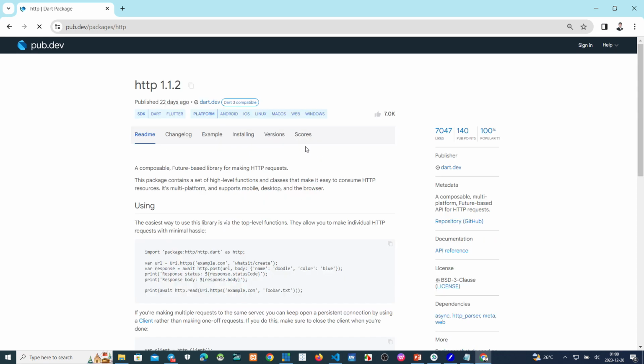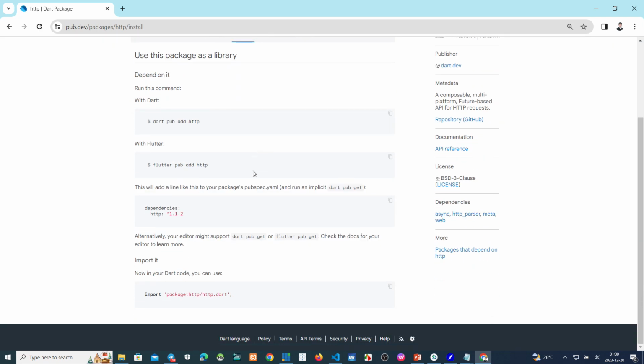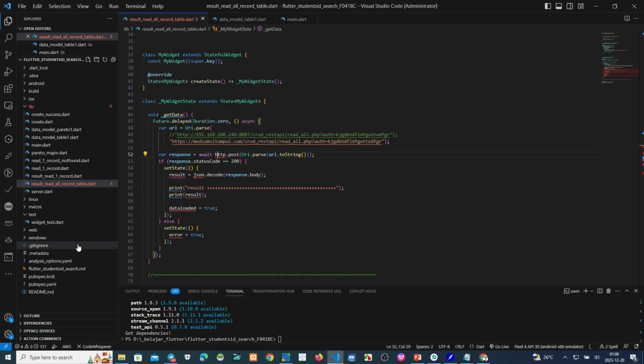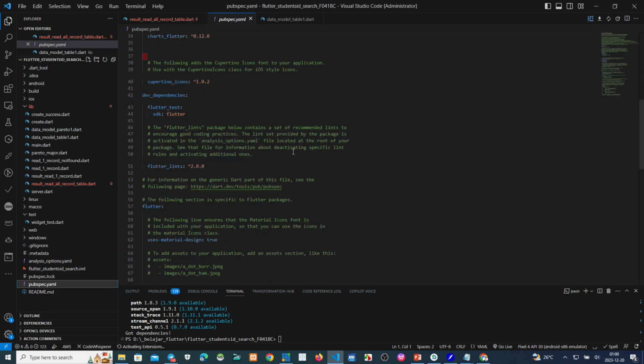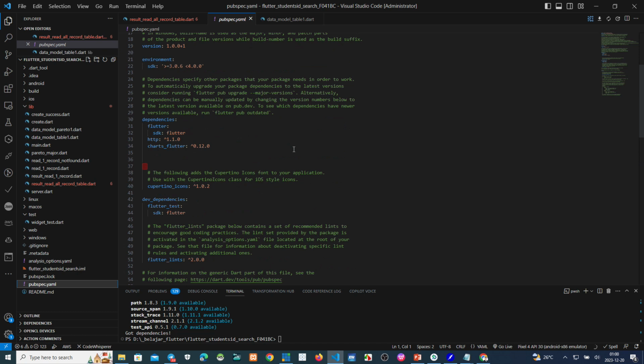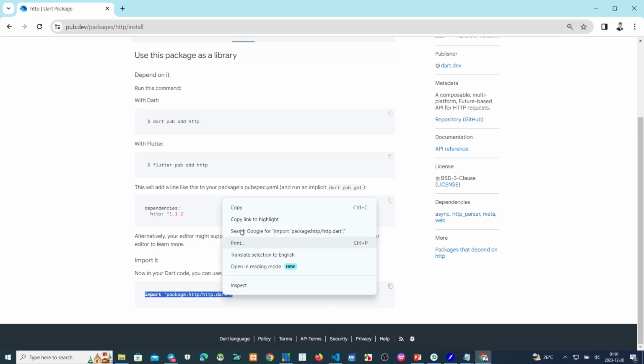Click here and click installing. Copy this one to the dependencies, in pubspec, HTTP. And after that we must copy the import package, this one, and copy it to my project.